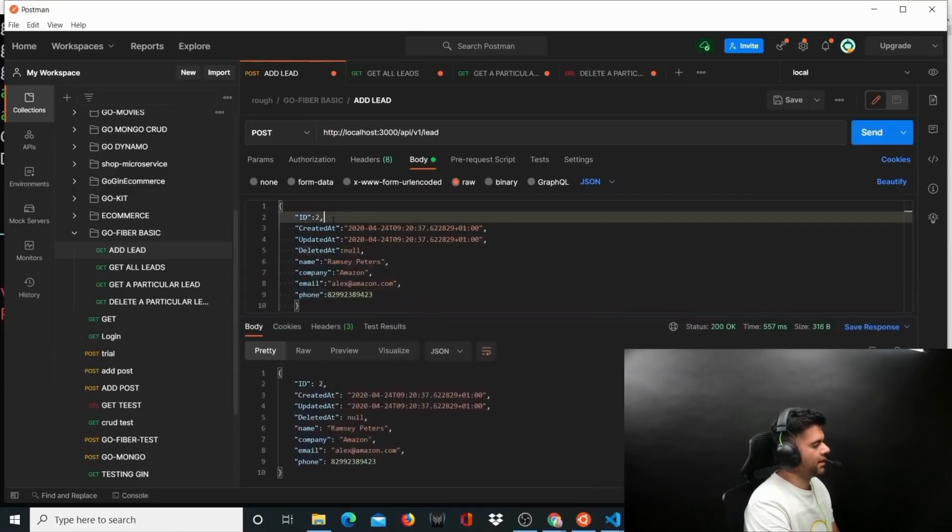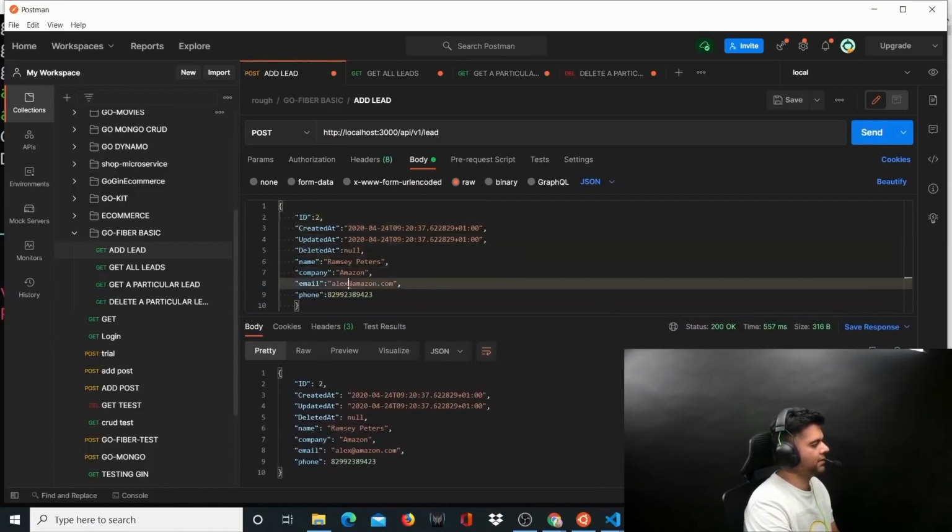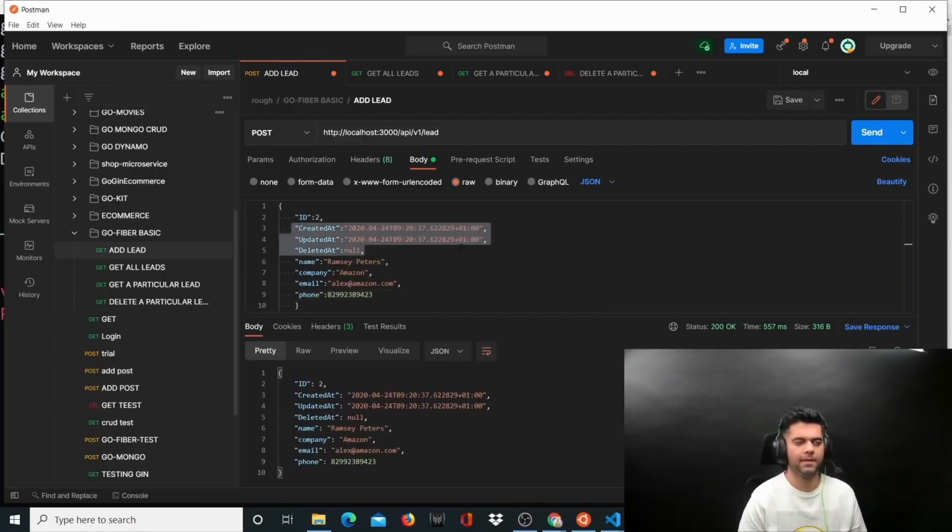So this had an ID. It has created at, updated at, deleted at, and then you have your name, company, email, phone. Now these 3 timestamps, right? Created, updated, deleted. These can be added automatically when you add some data, and these are optional right now. You don't have to add them, but